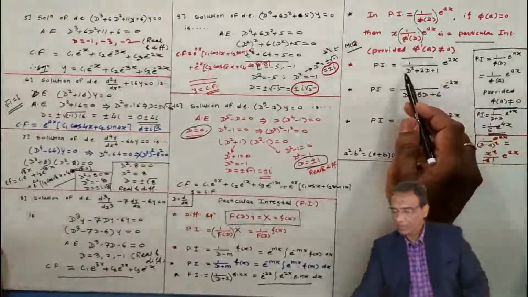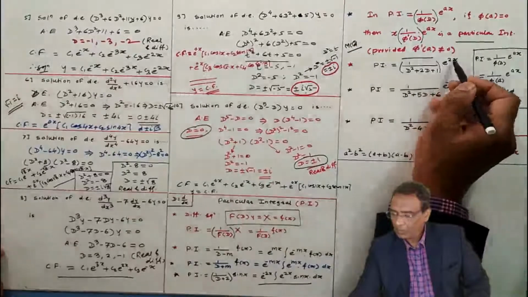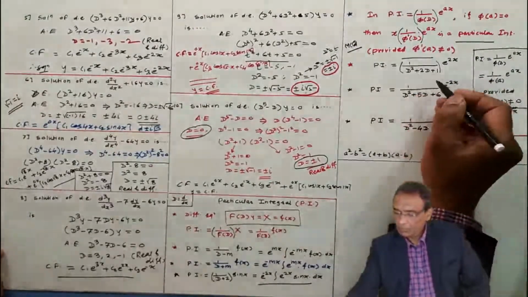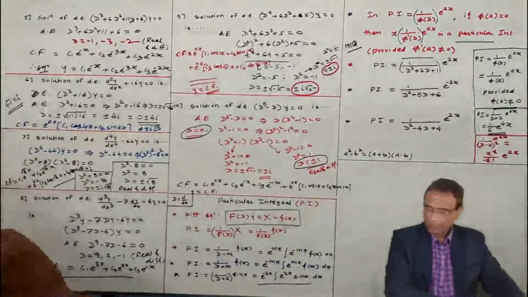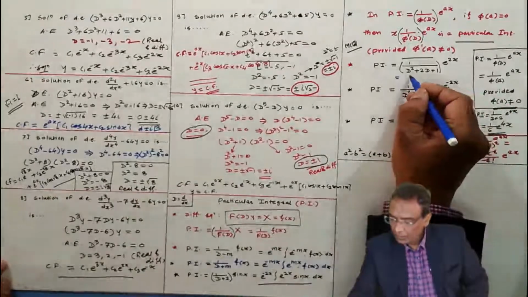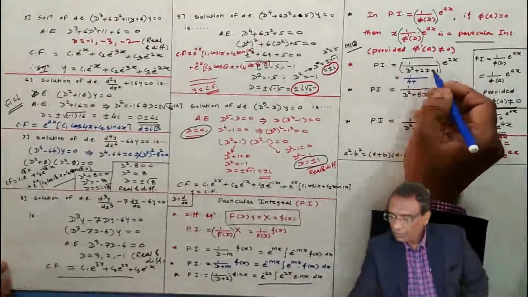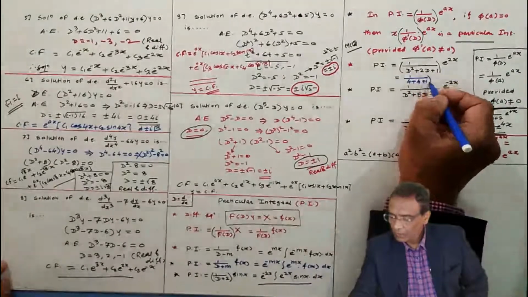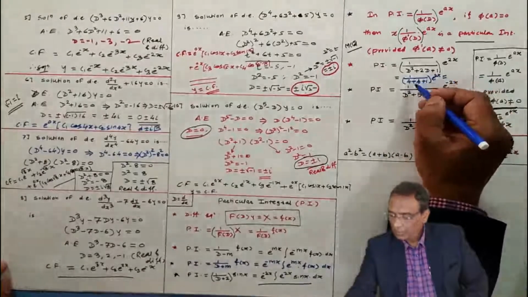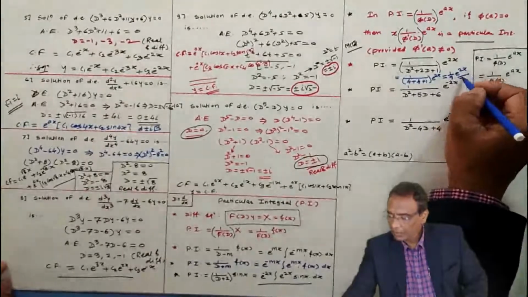This thing I have explained here. Particular integral of this operator I am operating on e to the power 2x. Okay, put D equal to 2. If you put D equal to 2, what will happen here? If you put D equal to 2, see, what will you get? 1 by 2 square, means 4, 2 into 2 is 4, plus 1, e to the power 2x. Means 1 by 9 e to the power 2x. In this way we operated the operator, that's all.